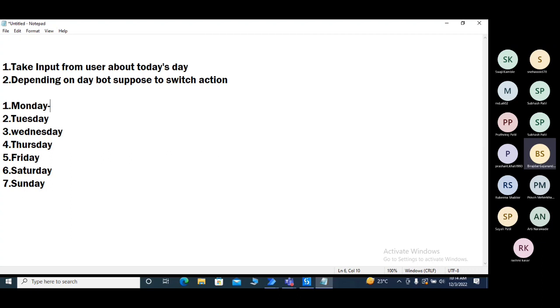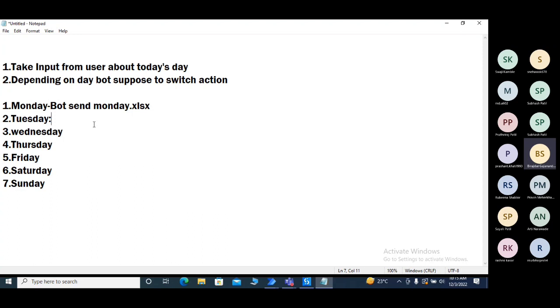If the day is Monday, then the bot has to send Monday dot xlsx files to somebody. If the user enters Tuesday, then Tuesday's file is supposed to be sent by the bot. So depending on the different days, the bot has to take the action,